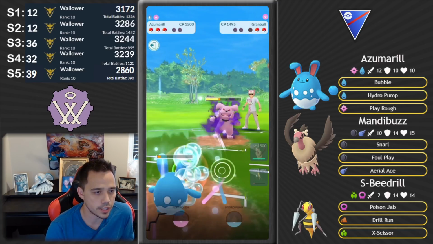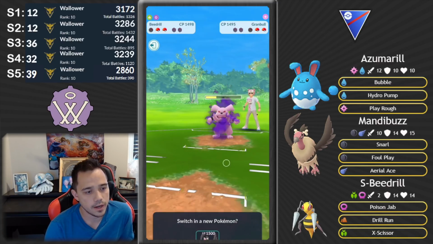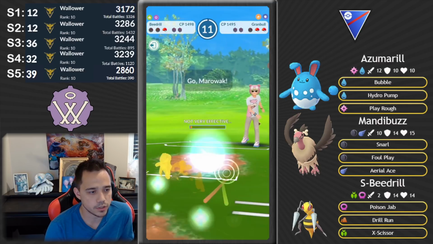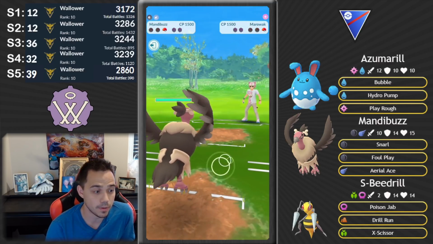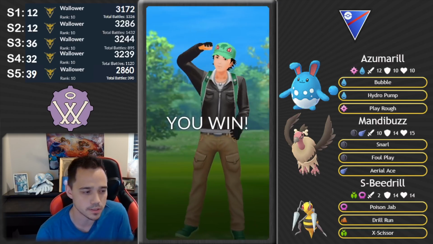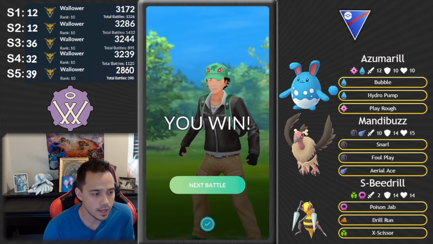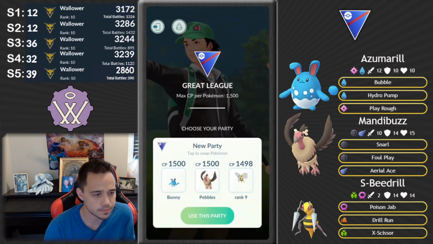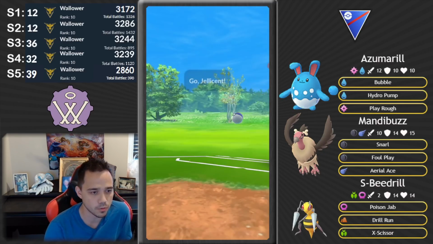And that's really the win con here, is allowing my Mandibuzz to get off an Aerial Ace versus the Shadow Gramble. But we're going to go in the Beedrill, see how much damage we can do first. And yeah, they're able to take out my Beedrill, snipe it, but my Beedrill, the damage is done. The Venom is sunk in, and Mandibuzz is able to snarl down a Shadow Gramble. So, actually quite a few Charmers in this set that we saw so far. Haven't seen too many Charmers in Open Great League before, but...